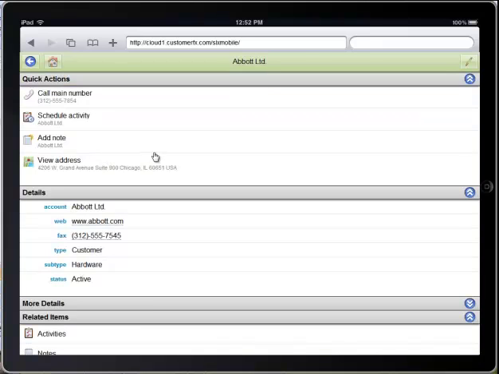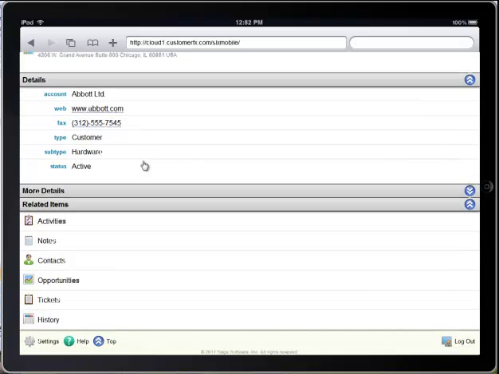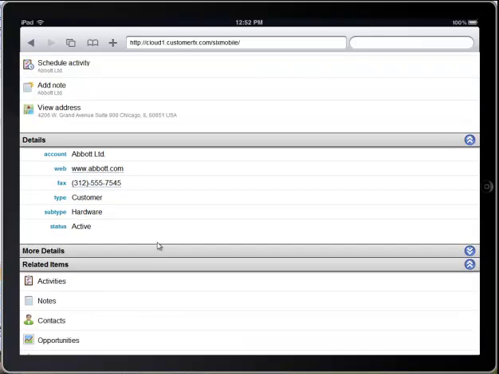And now you can see that in a scrolling type view, a lot of the same information is available on the iPad application that's available in the traditional SalesLogix client, including things like the phone number, the ability to, with one click, schedule an activity, add a note, or even view an address on the map feature built into the iPad. We also have the details view, which has additional information, and any of these panels with the separator bar